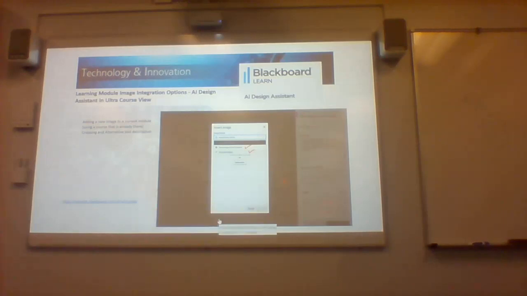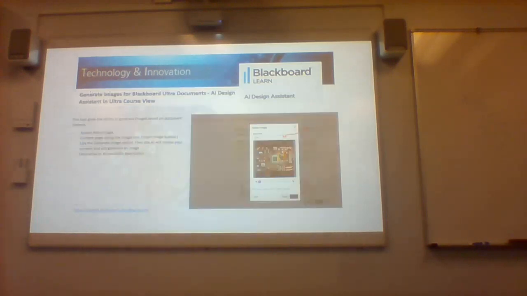So that's that part. Now let's generate images inside Ultra documents. The one thing I will say about documents before we get to that part: I know that ChatGPT 4 does open documents, but for this particular tool in Blackboard, if you have an Ultra document, and I'll get to what an Ultra document is,